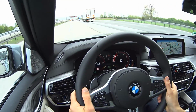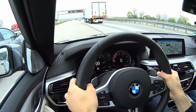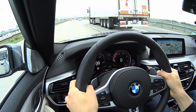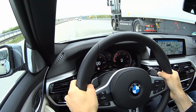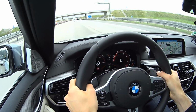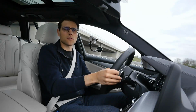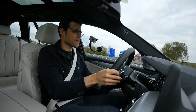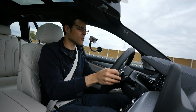However, BMW can always score just with the sheer driving dynamics, of course, and that is great with this car. Especially, maybe if you think about an E43 or so, it also has great driving dynamics. But then it's also the question how much fun it is, and BMW always really gets it that they make the vehicles fun to drive, and that is one of the brand's claims, and basically it's also true for most models, that's for sure. So rolling here very relaxed, and this is also what this diesel would mainly be for, to really go long ways